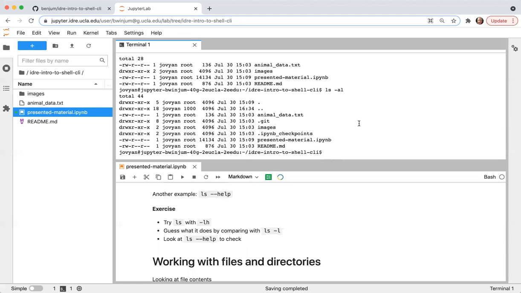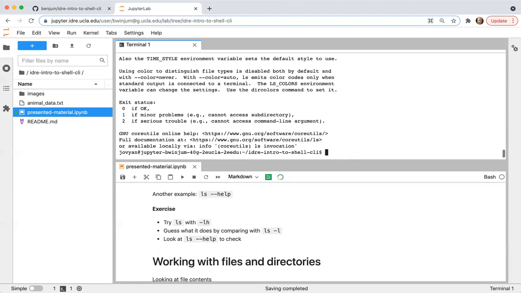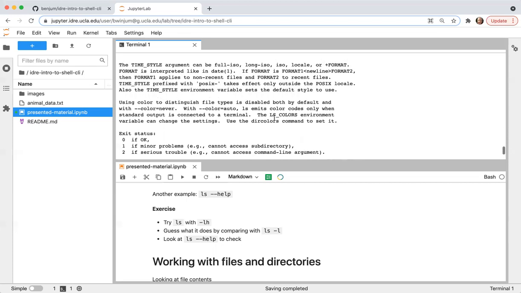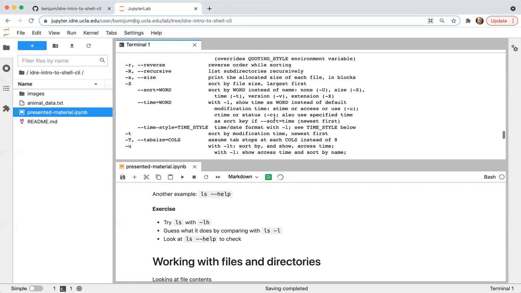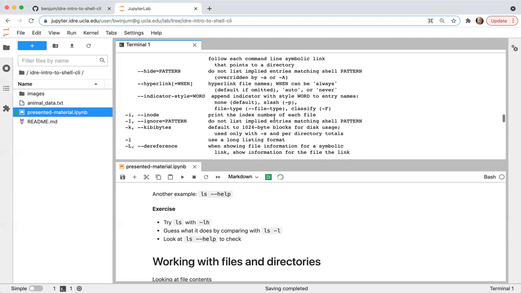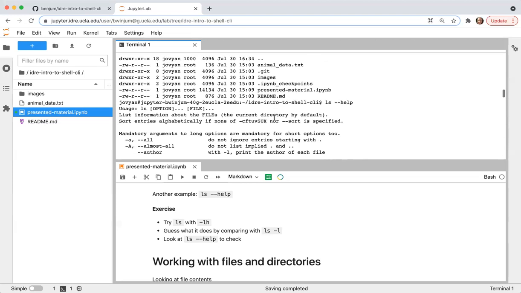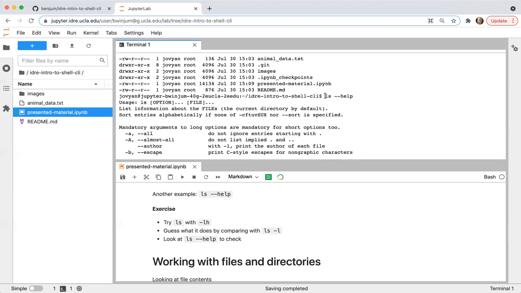Something else which is useful for you to know is how to access information about the commands that you want to execute. In the case of ls, say, we can type ls and then --help. This is an example of giving an option to a command which has 2 dashes and then a full word after it. If I type that, now this will give us, and I'm scrolling up here on the screen just with my trackpad because it's scrolling off the screen, here's where I executed the command ls --help.